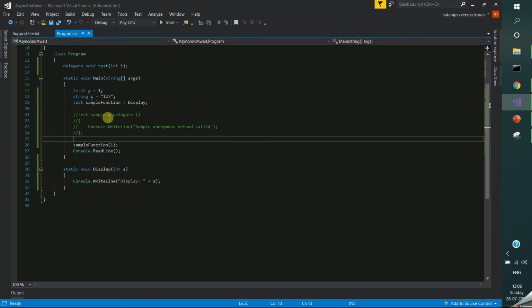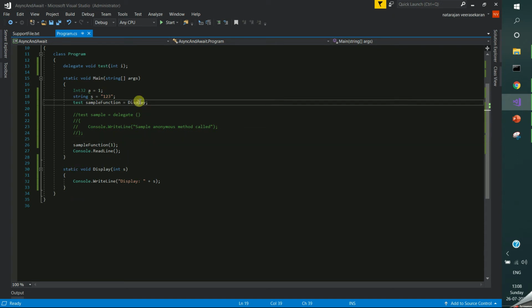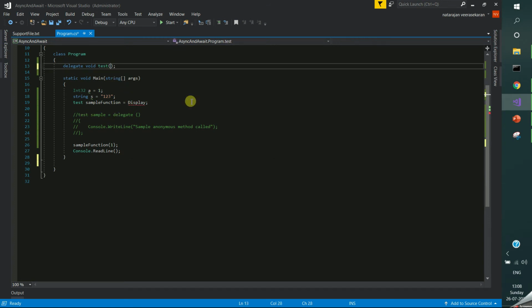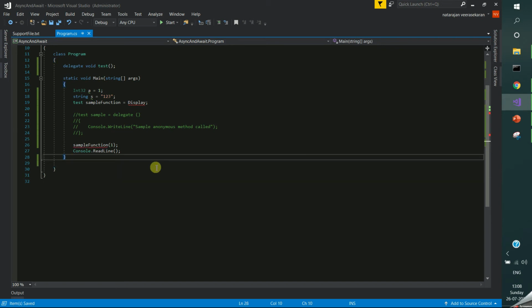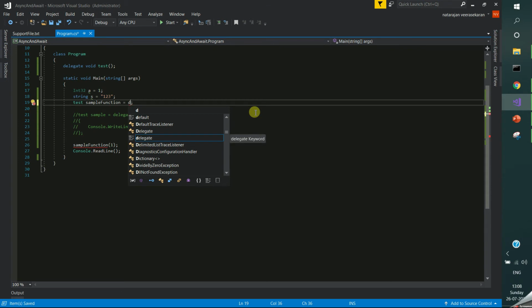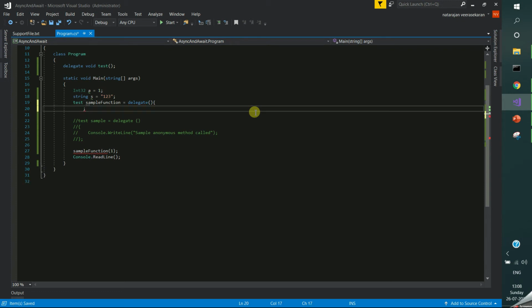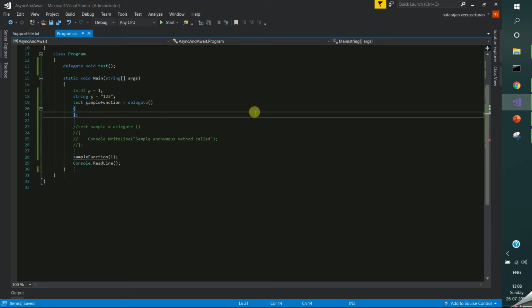Okay, for assigning a value, for example, you have to assign one more function for this delegate. So every time you could not use this function. So this is called function assigning. Instead of this function declaration, you can do anonymous function assigning. I am not declaring one function explicitly, I am just creating a function of anonymous type. For creating the anonymous type, you should use the delegate keyword, and I am opening and closing braces.